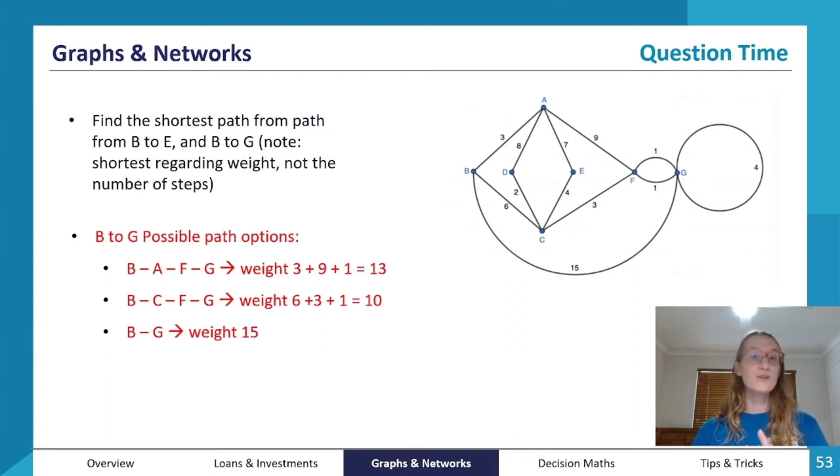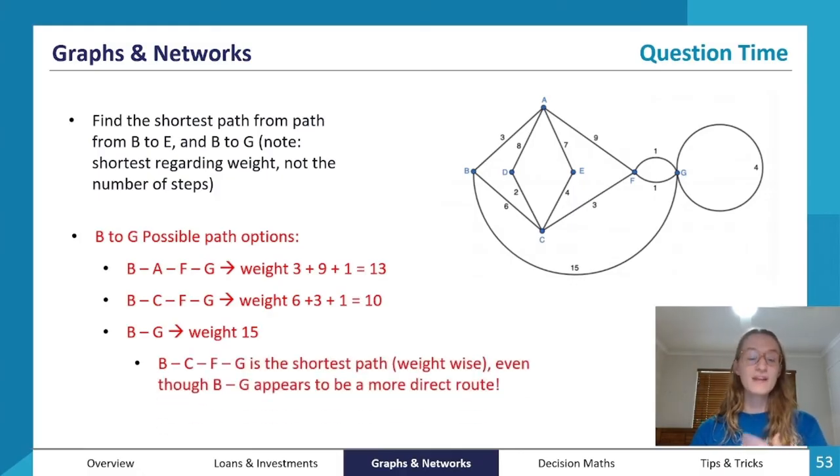And because we are looking for the shortest path, or the shortest path as in lowest weight, we can see that B to C to F to G is the best option because it minimizes the length, weights, liters, whatever it is that this network is representing. It has the lowest weight. So that is the quickest or most efficient or most cost efficient route, even if it seems like B to G